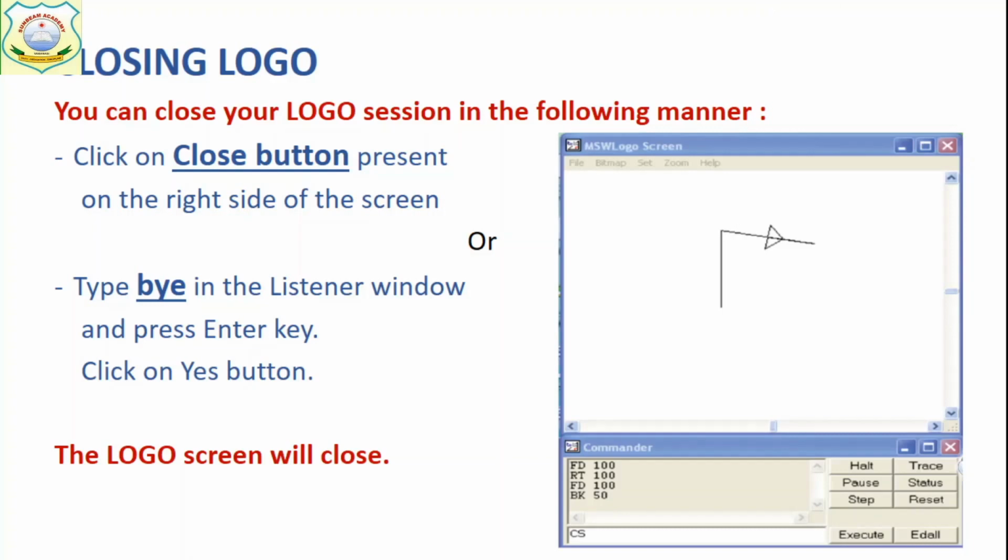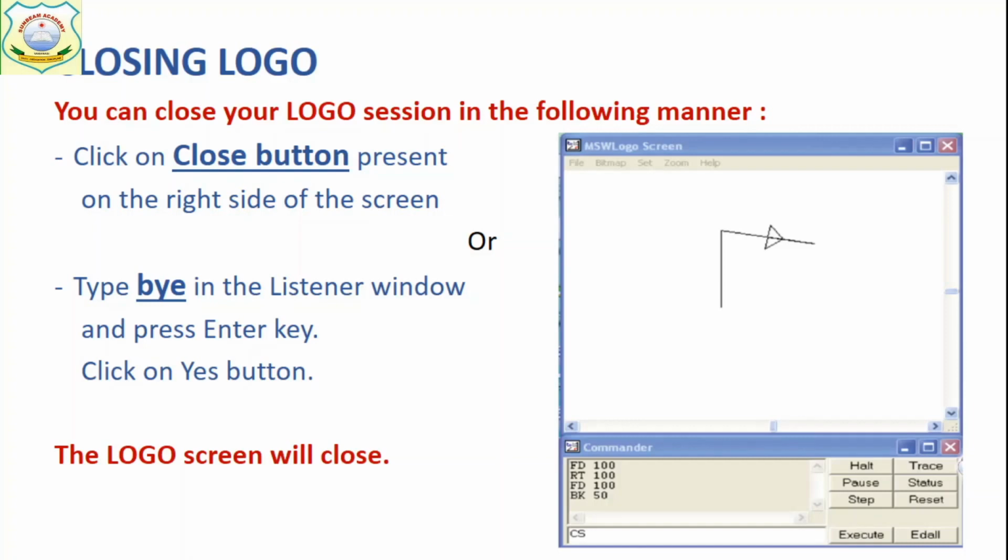After clicking this cross button, the logo screen is closed. Now one more way, that is for programmers. Just type BYE in the command input box, type BYE, and press enter or execute it. This will close the logo screen.